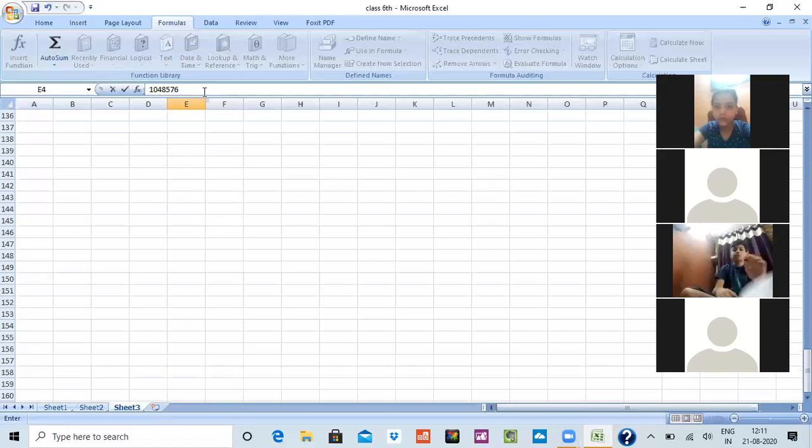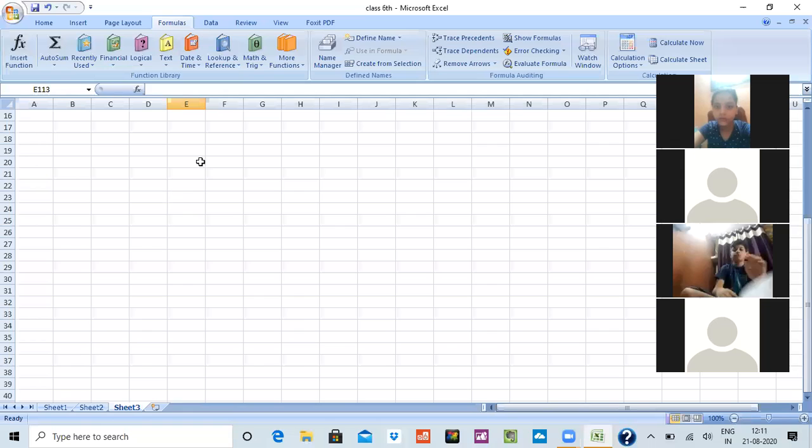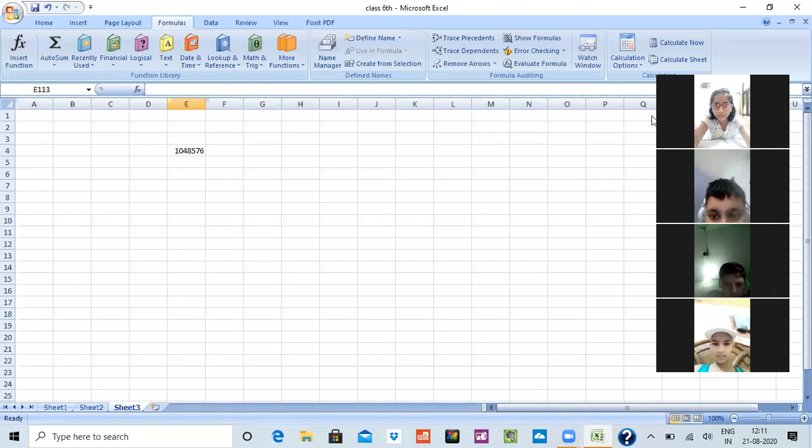It will stop at 1048576. Okay, this many rows are there and 16,384 columns are there. How many columns? 16,384 columns are there.